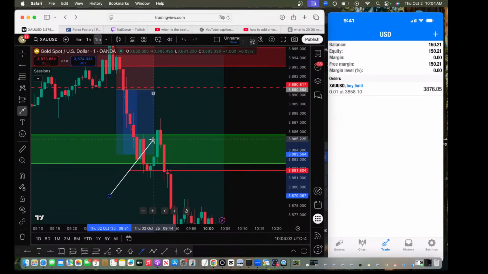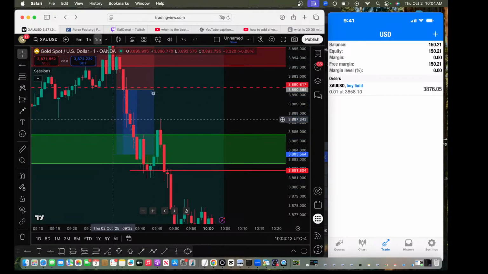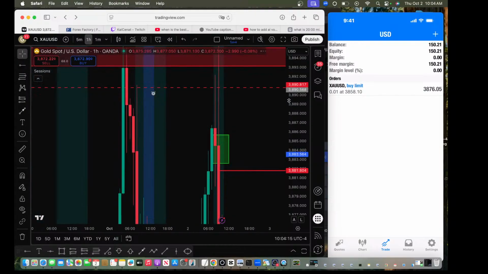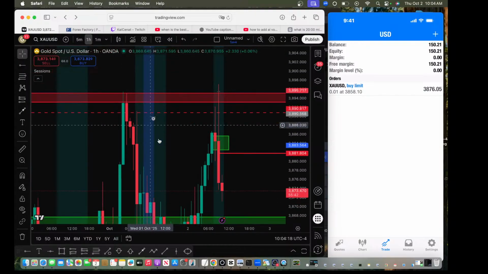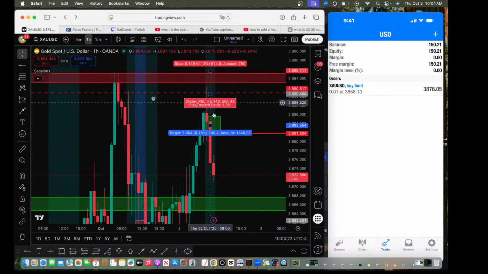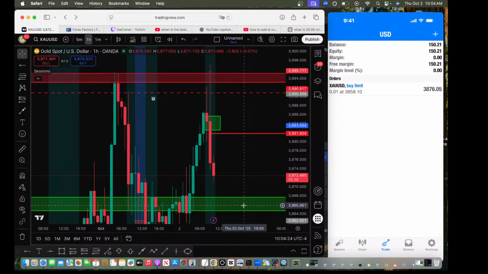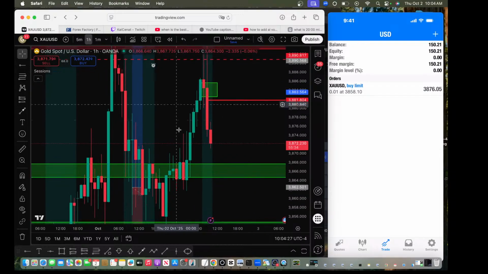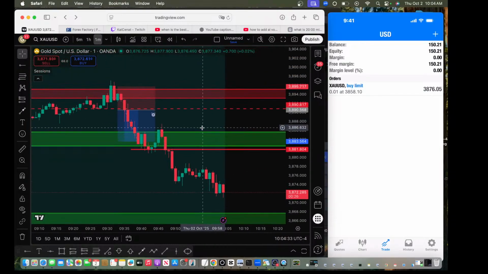Because right here, price had broke structure, right? It indicated that the buyers may potentially be ready to take control. But again, you have to remember this is the 1 minute time frame. On the larger scale, the last time price hit this area, what did it do? It dropped all the way down here, and it's just following suit. Same exact thing, right? This is a non-news day, so again, it's going to be a lot of back and forth. So anyways, the second entry was right here.